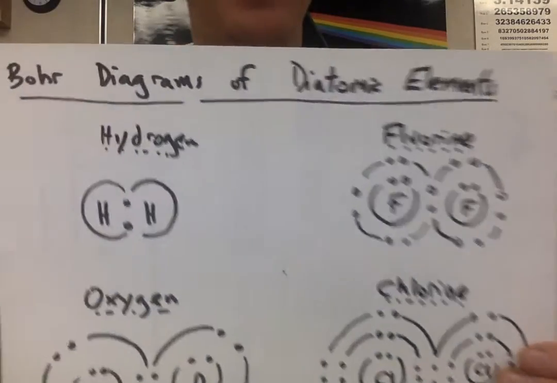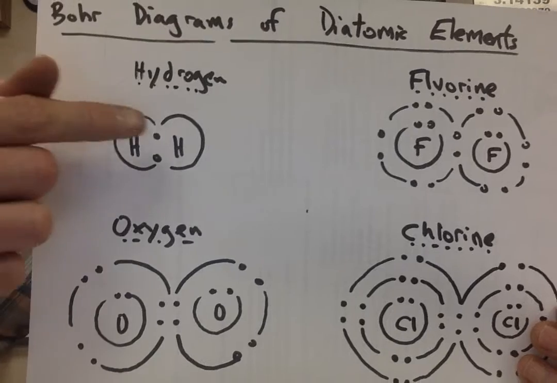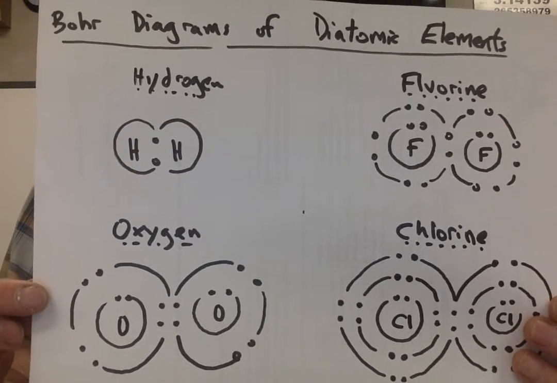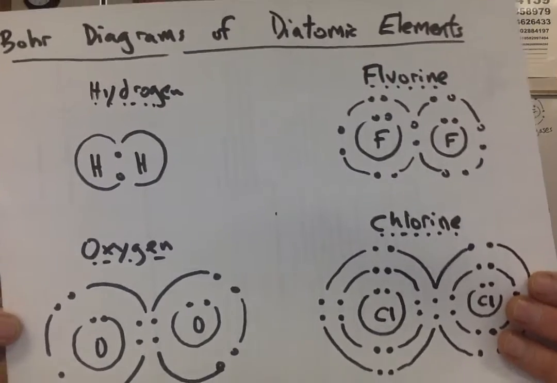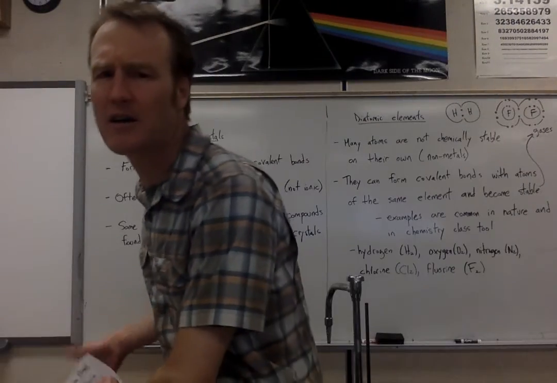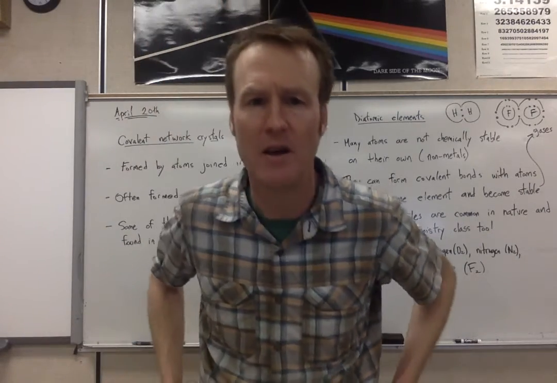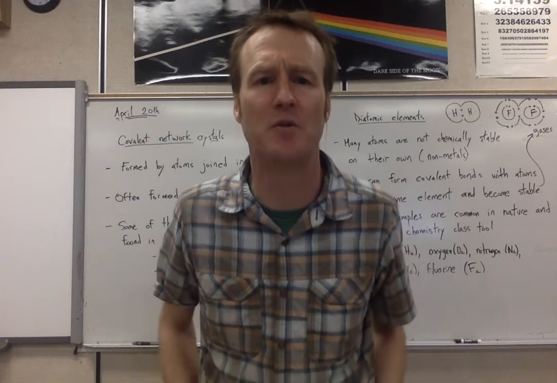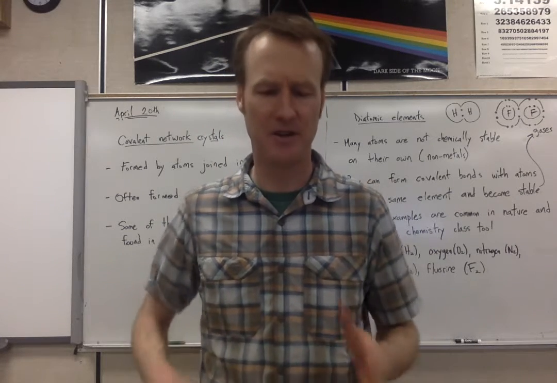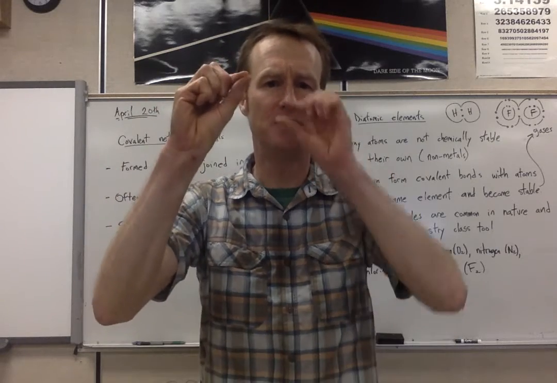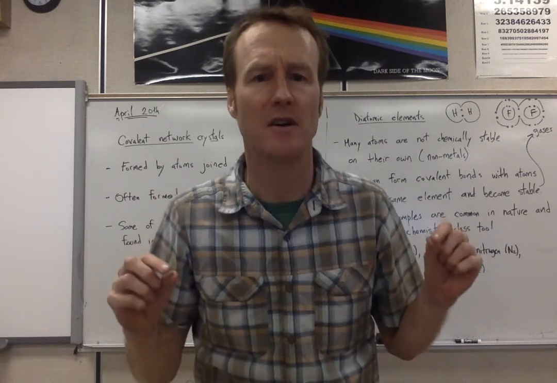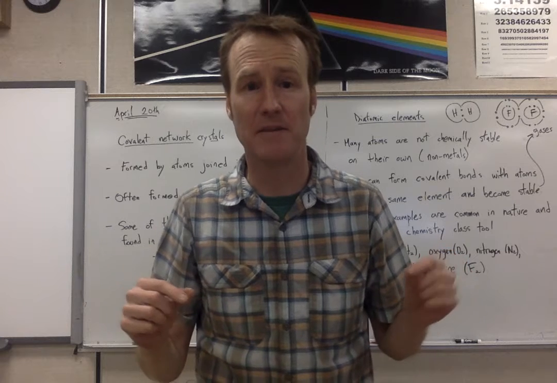So let's walk through that a bit. Let's look at the top left one right here. That's a Bohr diagram for a hydrogen atom. Now I've shown you Bohr diagrams for hydrogen atoms, and here's an H, then we had a circle around it, then we had two dots, and I told you those dots are the electrons of hydrogen,